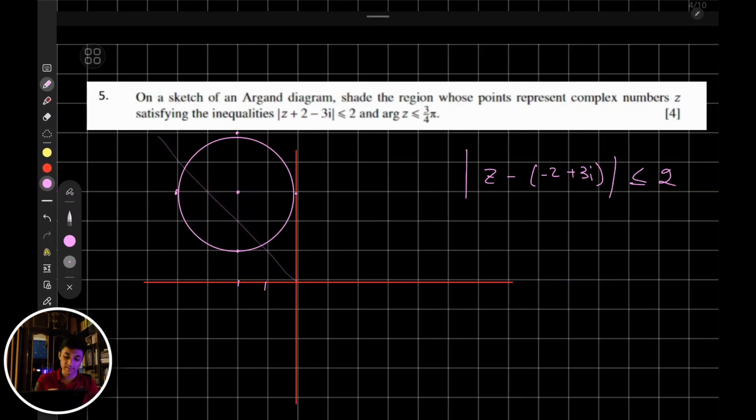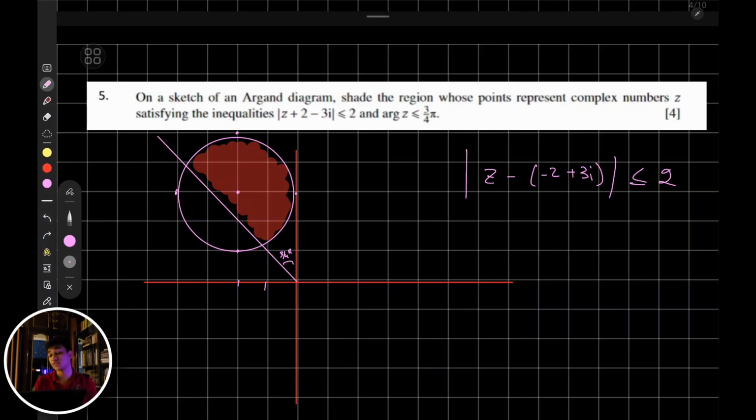draw a line that bisects this quadrant, meaning 45 degrees. Over here it is 45 or 3/4 of a pi. If that is the case, now z can be any value in this part of the circle. Why? Because take any point on this circle and drop a point. Take any point and draw a line to the origin and see if the theta made is less than or equal to